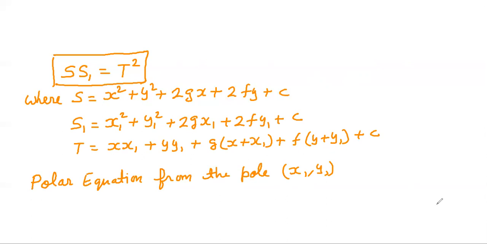So first, you know what is a polar. I want to write down the equation of the polar. So first of all, you should know what a polar is. For that purpose, I just draw a circle. This is a circle, and for this circle, I take a point P